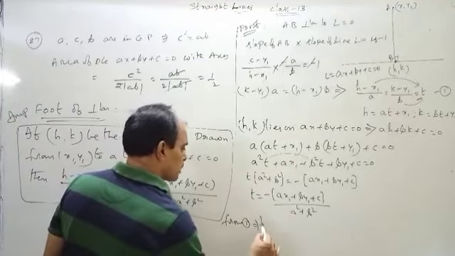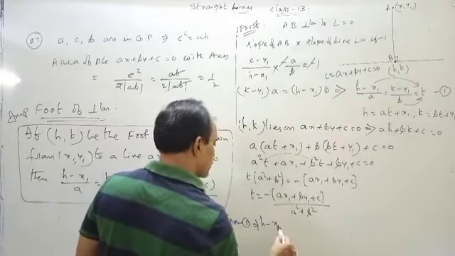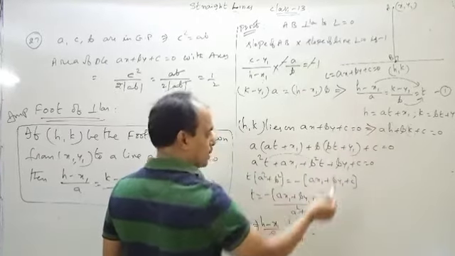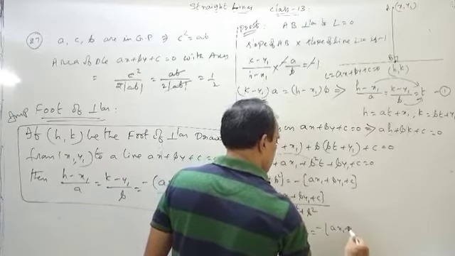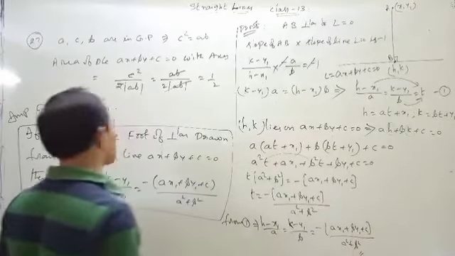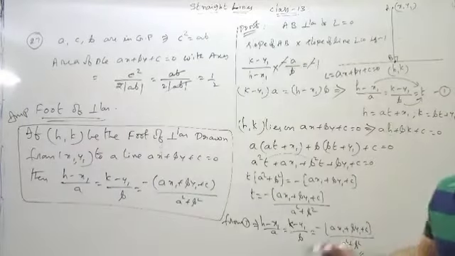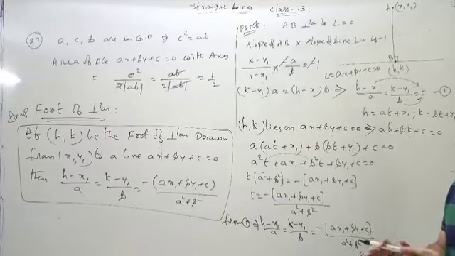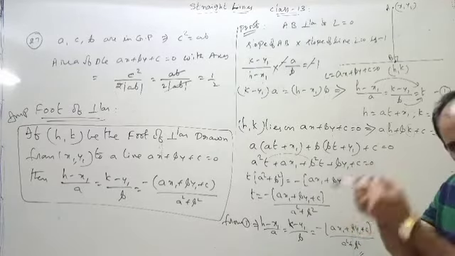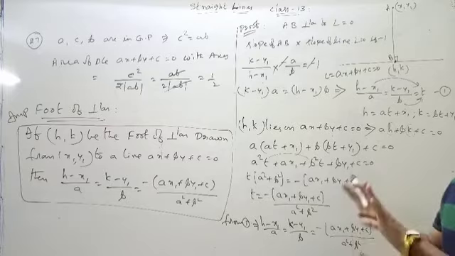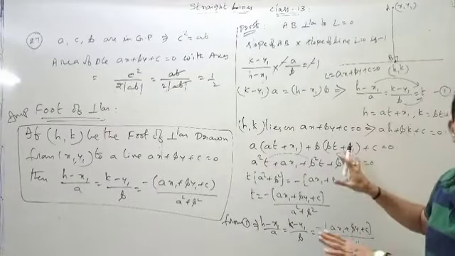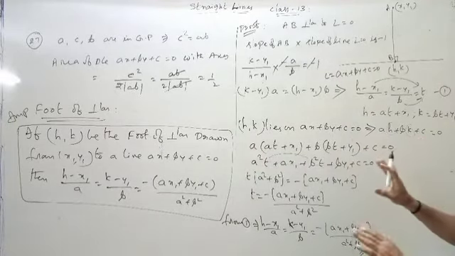Now from the equation 1, what is 1? In the equation 1, h minus x1 by a is equal to k minus y1 by b is equal to t. But t can be replaced as minus of ax1 plus by1 plus c by a square plus b square. I am explaining one more time. Listen, it's one of the important concepts in intermediate and the mains and advanced, whatever the examinations. You have to use this concept in the secondary topics also. So you have to listen carefully and you have to learn this formula by heart. This will be the proof of this one. Proof is also important for 7 marks in the IPE exam. So we have to learn this one.